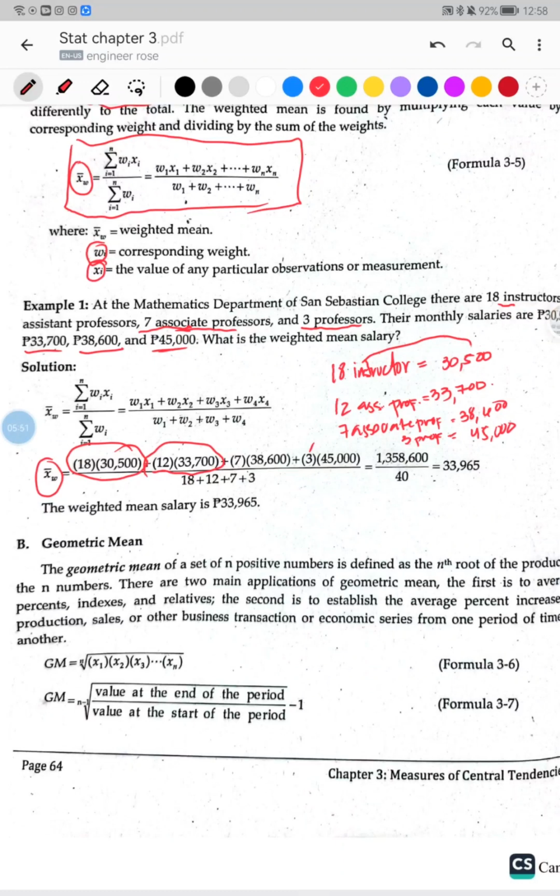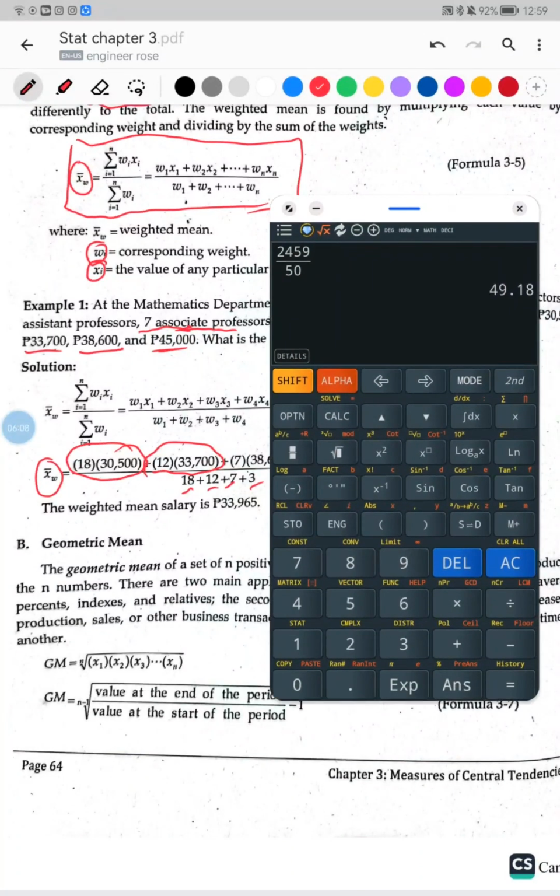Then, over the total weight, which is all the instructors added: 18 as instructor, 12 assistant professor, 7 associate professor, and 3 professor. So, let's check. So, given that